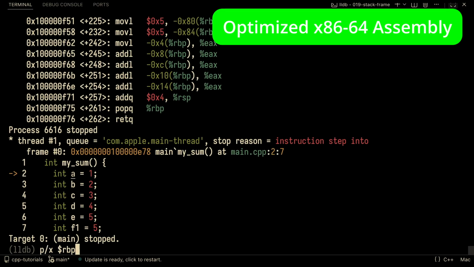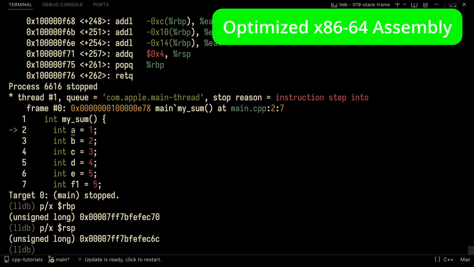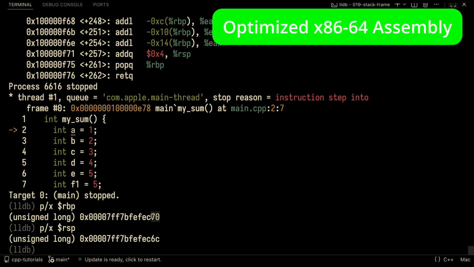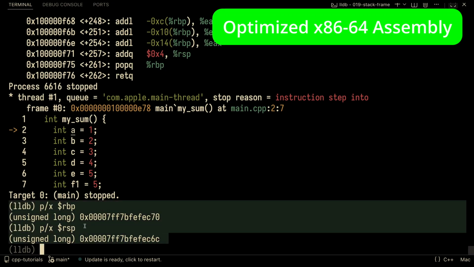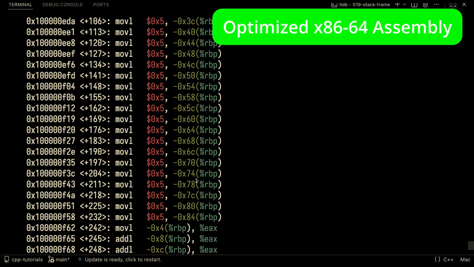So if I do RBP, and let's do RSP. And here you can see that RSP has only been moved by 4 bytes. I can't say letters in reverse. What is it? A, B, C, D, E, F. So F, E, D, C. Okay, so we've essentially only moved RSP 4 bytes down, but the compiler is able to figure out that it